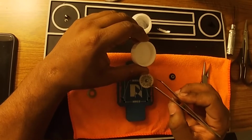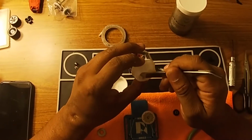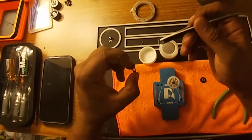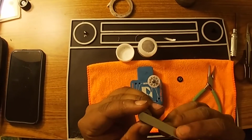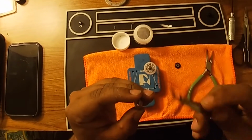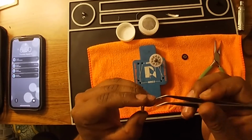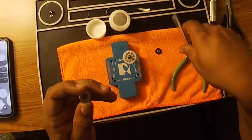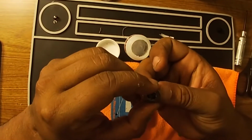Alrighty, we got that there. And then what I want to do is scoop up some of this grease, and I'm going to go ahead and put it on one of the sides of the plates. Now the reason that I do this is because I want it to stick to this top piece, so it's not coming off constantly and stuff like that. So I'm gonna go ahead and throw this puppy on here,